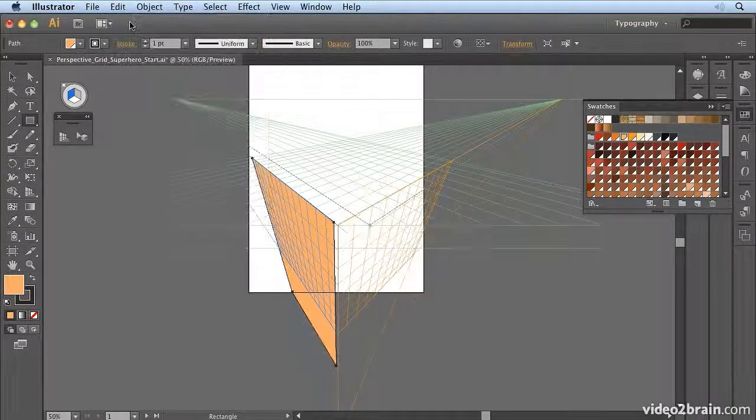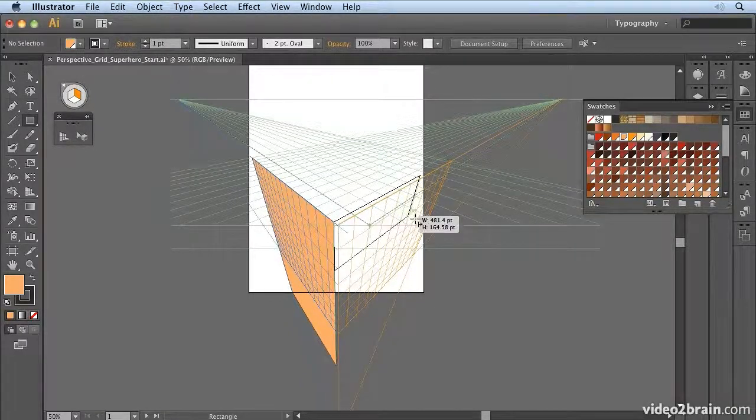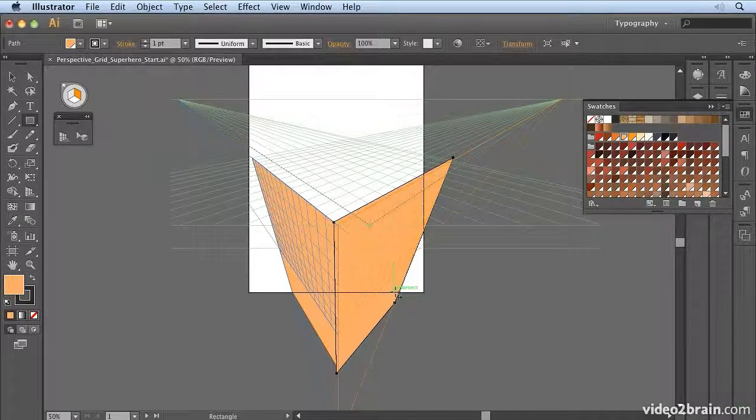So I'm going to undo that, and instead I'm going to click on this plane here. And that allows me to draw on this plane in perspective. So I can draw this side of the building. Okay, fantastic. And then if I want to put a roof on the building, I can click